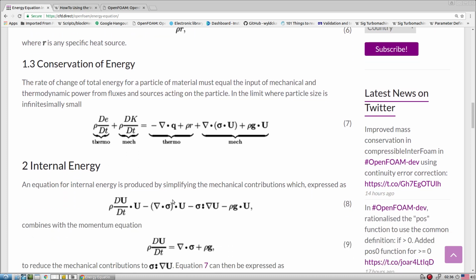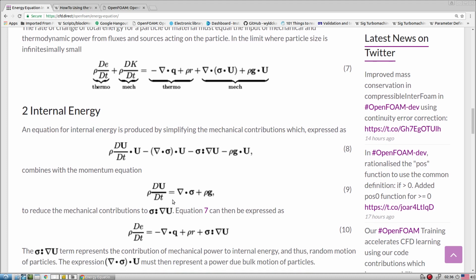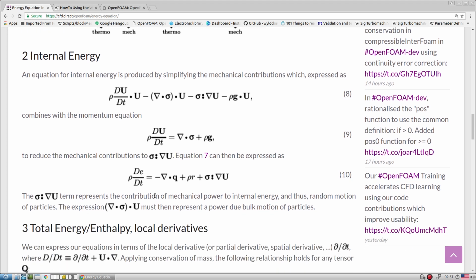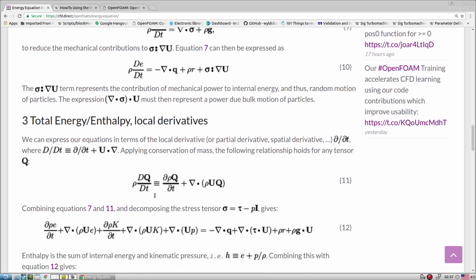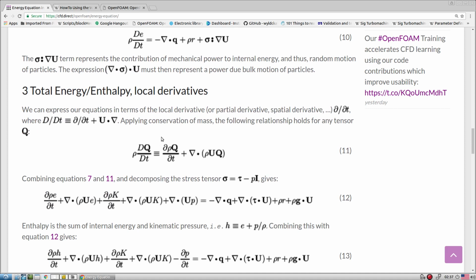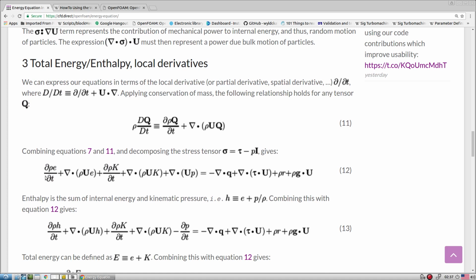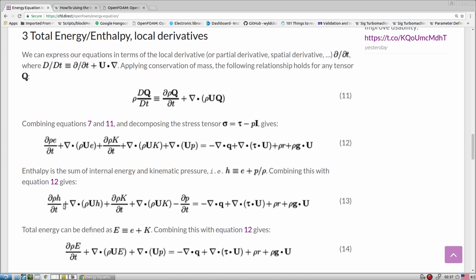So it is the conservation of energy equation with the thermo part as well as the mechanical part. Inside OpenFOAM we have a couple of options available. Either we work with the internal energy, the enthalpy based equation, or all of these. Let's talk about that part. If this is the total energy, Q, then for total energy or enthalpy equations we have this final equation in terms of the internal energy and kinetic energy. But when we sum the internal energy and the pressure term, we have enthalpy. So sometimes we look at the equation based on enthalpy as well.